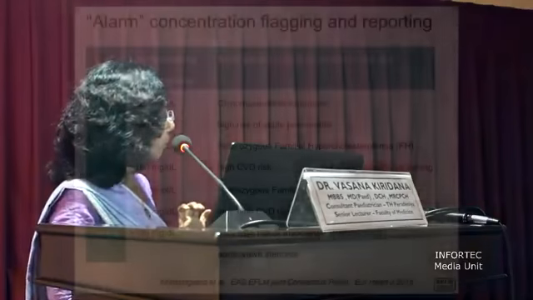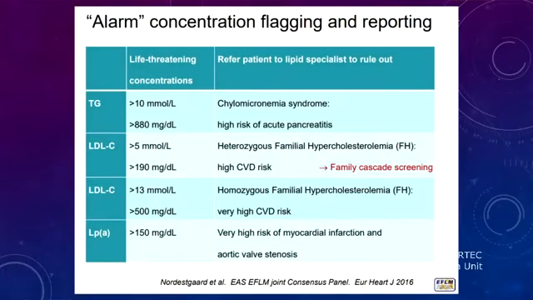Okay, and in a fasting sample or even a non-fasting sample, there are some alarming figures, right? So if you find the levels are above these figures, urgent attention is needed. For example, if the triglycerides are above 880, if LDL cholesterol is above 190, and we are not doing this much. This is both for adults and children, so I'm not going to go through lipoprotein, apolipoproteins here. So considering these factors, if the levels of the patients are above these cut points, there has to be urgent